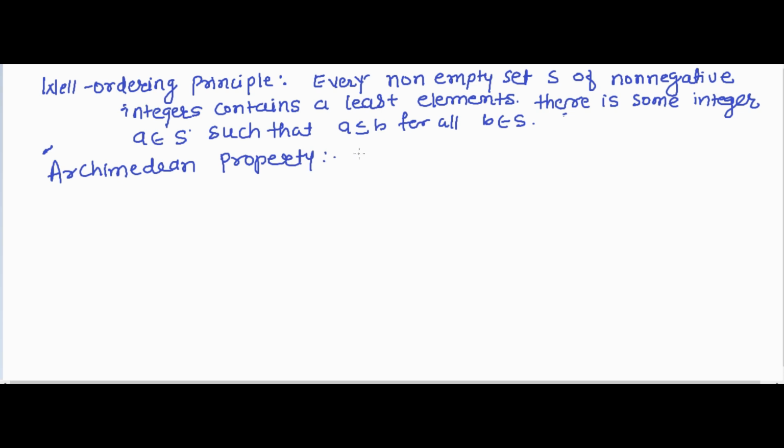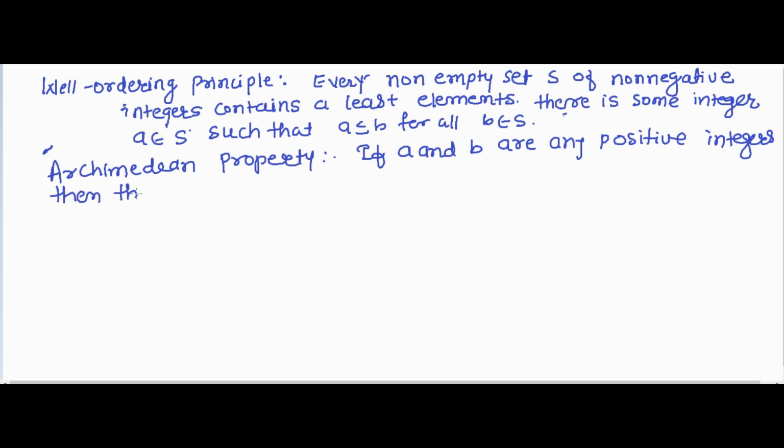The statement of the Archimedean property is: if a and b are any positive integers, then